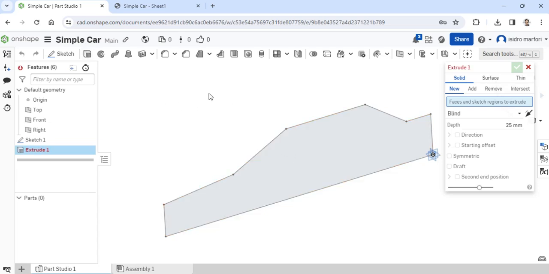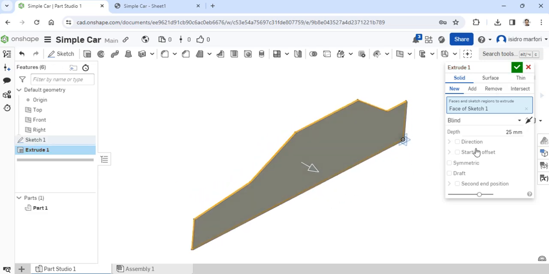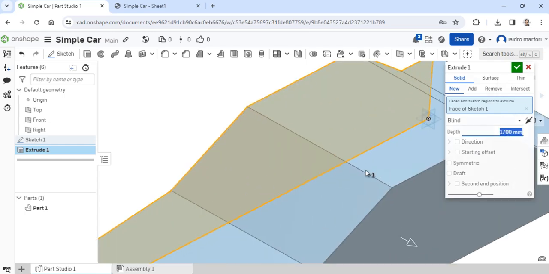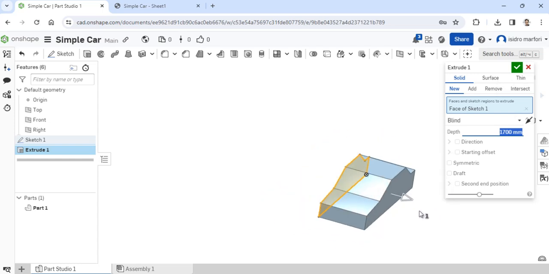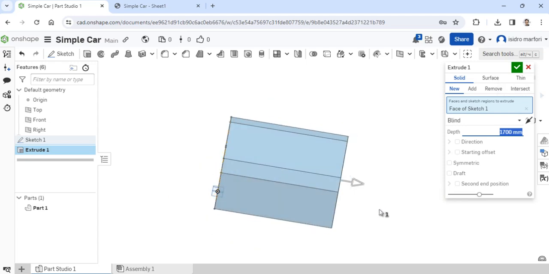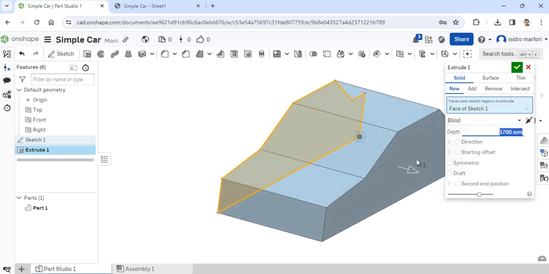In this case, you simply tap the portion of your sketch 1 right here, and it will simply start extruding that. So we will set this to 1700 mm, and then it is also a good idea to center our model. If you notice, the extrusion starts at the right plane.